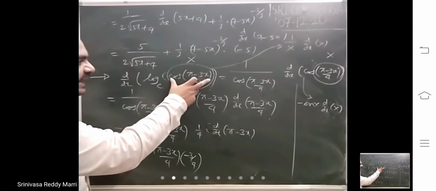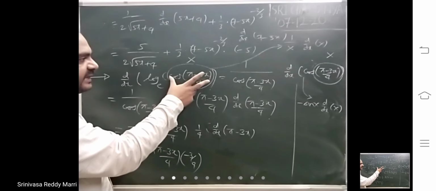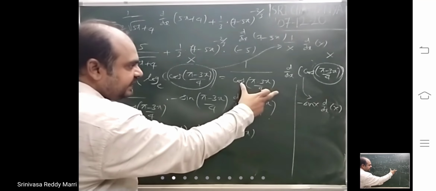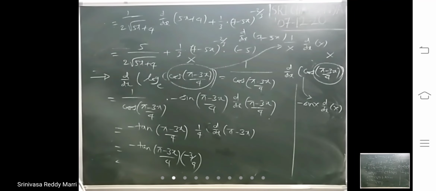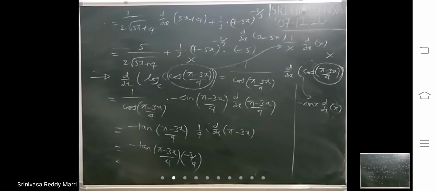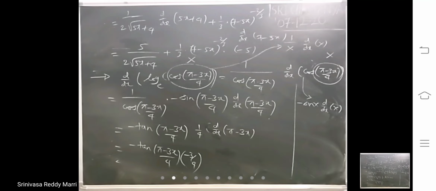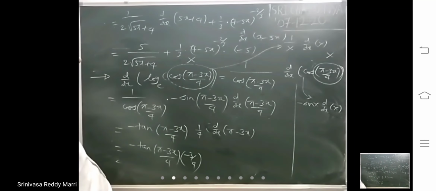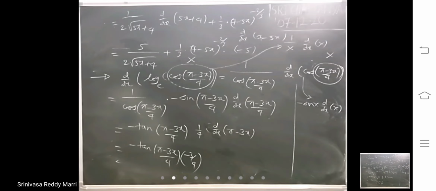Like that, while taking capital X, you keep in mind what is capital X and what you are going to write. 1 by capital X, this only you write in place of capital X. Like that, you can avoid 2 steps. Or otherwise, if you are not feeling comfortable, you take capital X, whatever it is, substitute that and then write another step.